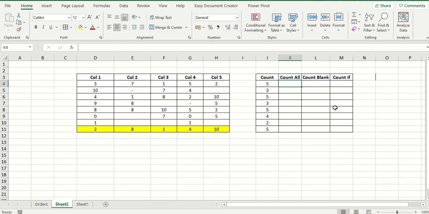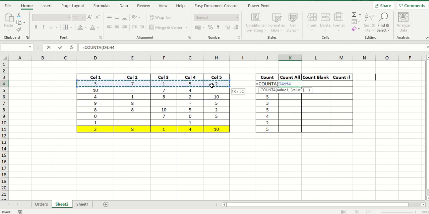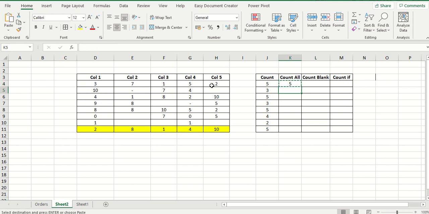Okay, so we are moving to the next function, friends. So this is the COUNT function, friends. Now I'm moving to COUNTA, friends. Okay, we'll see the formula, equal to COUNTA, this is the function, friends, COUNTA. Go and select the values same as done in the COUNT function and press enter, friends. Okay, I will just apply the formula and I will explain, friends.